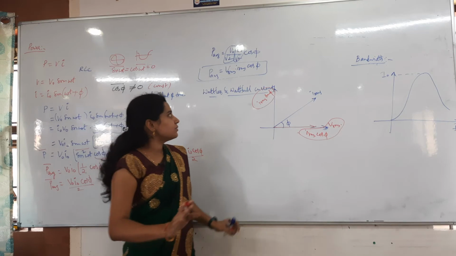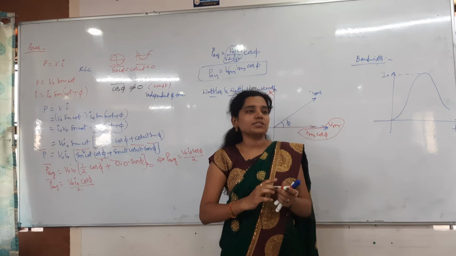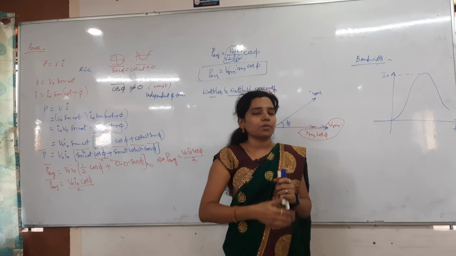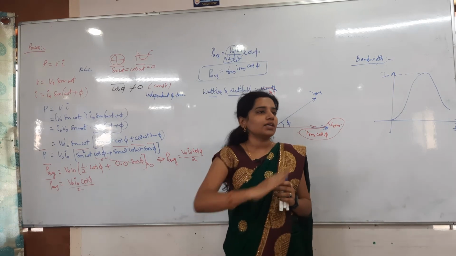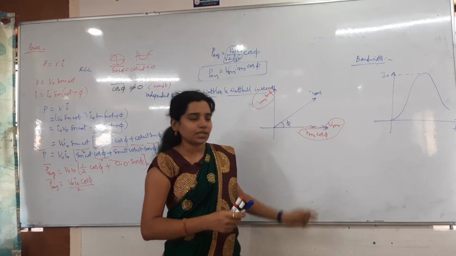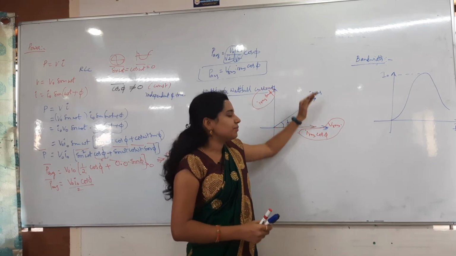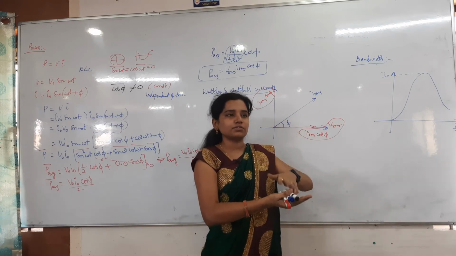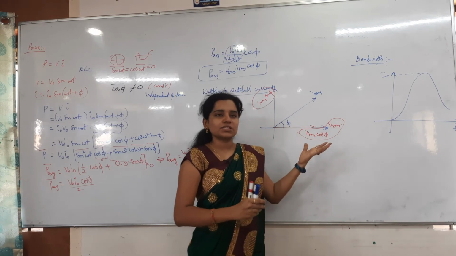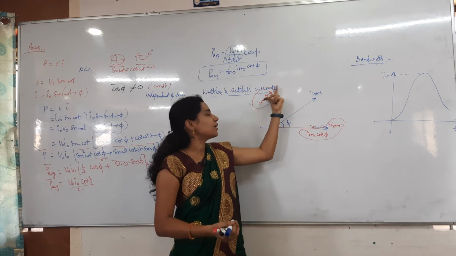So here I have not done anything, simply I have taken the P average formula, V RMS I RMS into cos phi. The phi is the angle between V RMS and I RMS. I have taken V RMS along the positive x-axis, then I RMS with some angle. Obviously I can take it either below or above, anything, but here we got a positive angle, so I have taken positive. Then I RMS I am dividing into two components, horizontal and vertical. The horizontal component is I RMS cos phi, just remember it as I cos theta and I sin theta. So I RMS cos phi, I RMS sin phi.